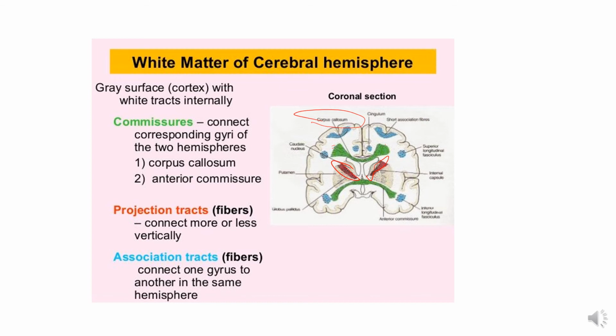Now the association fibers, they connect different parts of cerebral hemisphere by extending from one gyrus to another, some of which are adjacent and some distant. So they connect the parts in the same cerebral hemisphere. So these are the association fibers. For example, short association fibers, because they connect within the same cerebral hemisphere, different gyri. They connect different gyri of the same cerebral hemisphere.